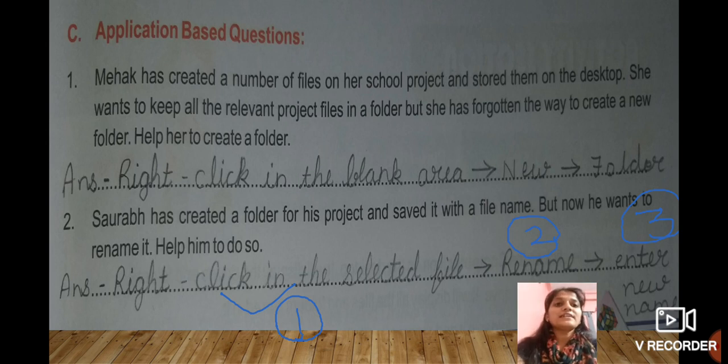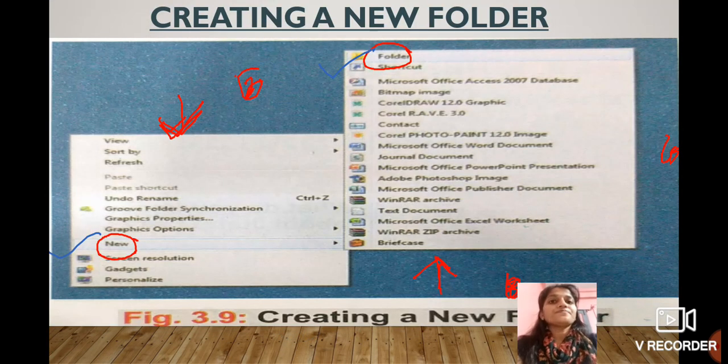We have to right click on the selected file, and then second option, when we right click on the selected file, at that time we get a program list. In that we get rename option, right? And when we click on the rename option, we get a box. Okay, we get a box to enter our new name. So we have to enter our new name.